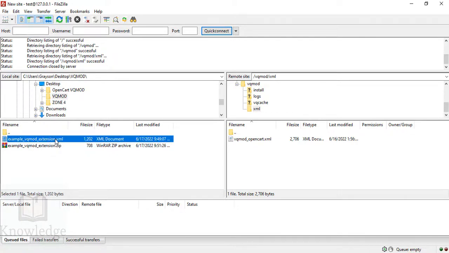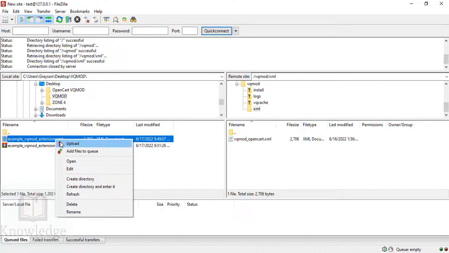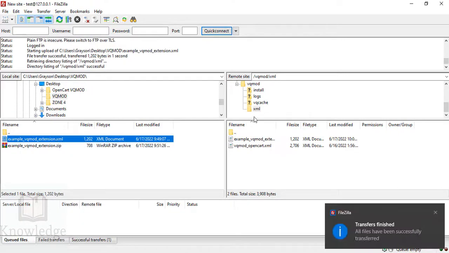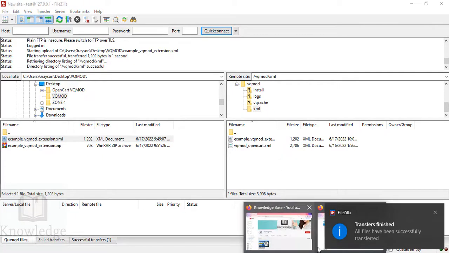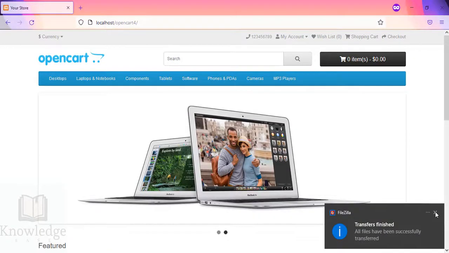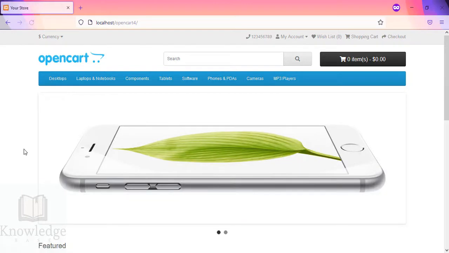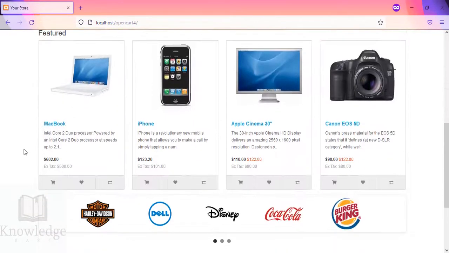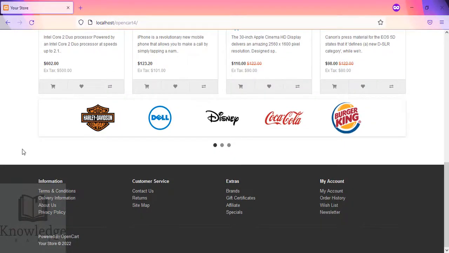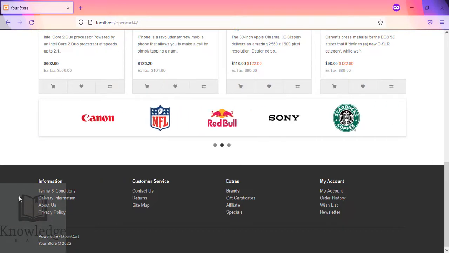So, I was saying, this is a simple thing to do now. Just click on the extension you bought, the XML file, you upload it to the XML directory of VQMOD, and that's it. Yes, that's it, nothing more. Then you just go back to your website, refresh, and after that refresh, whatever it is that particular VQMOD extension is supposed to do, you should be able to